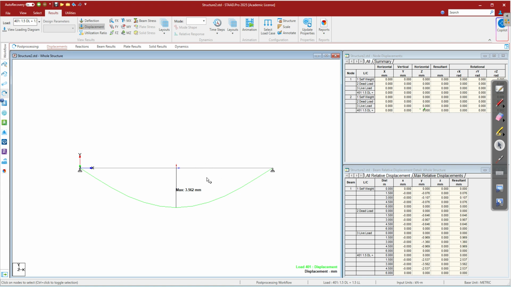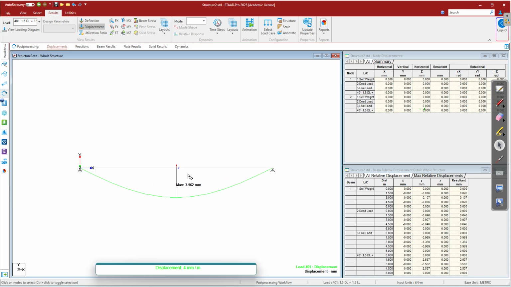To change the scale of this deflected shape, you use the Control button on the keyboard and the mouse scroll button. You can enhance this view. Okay,